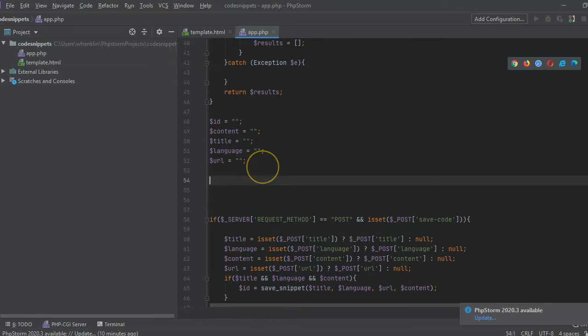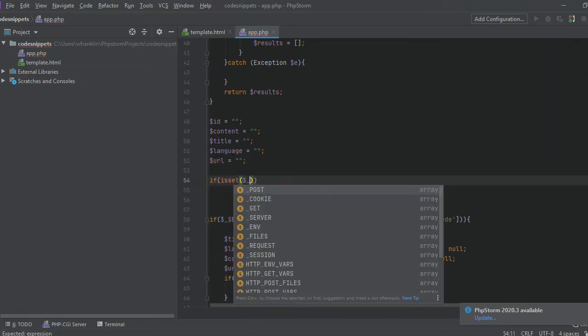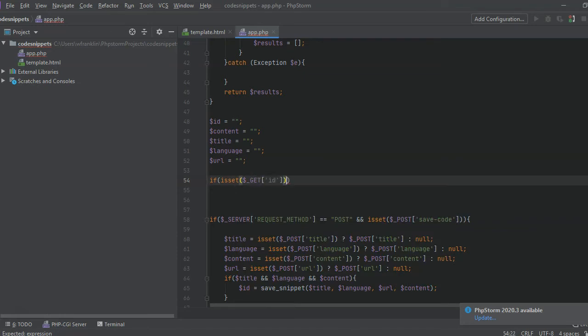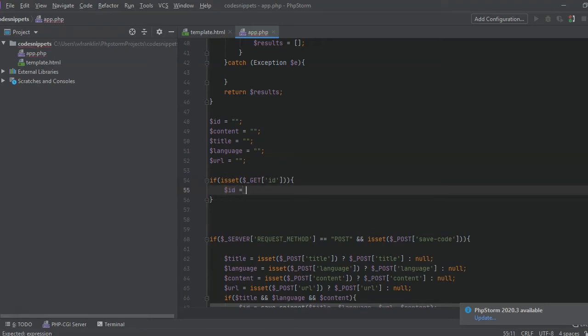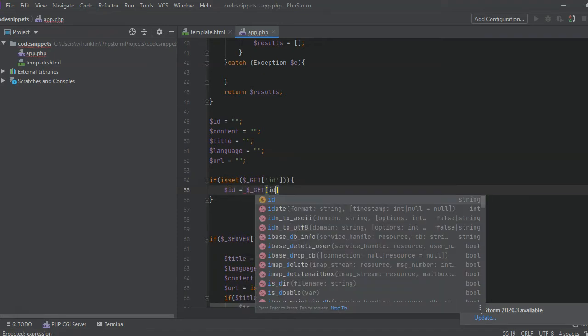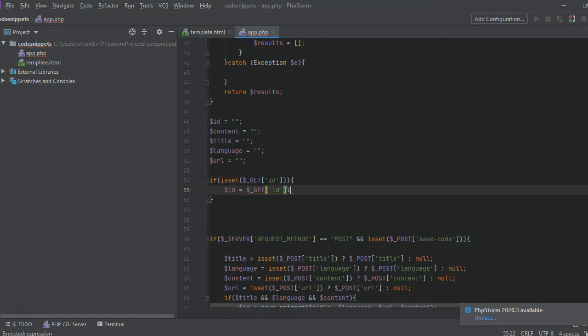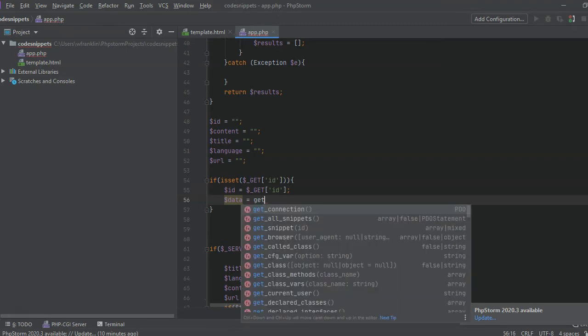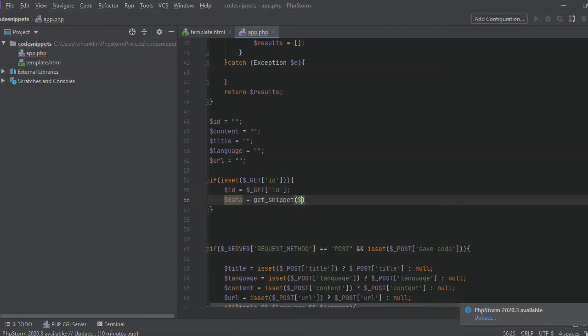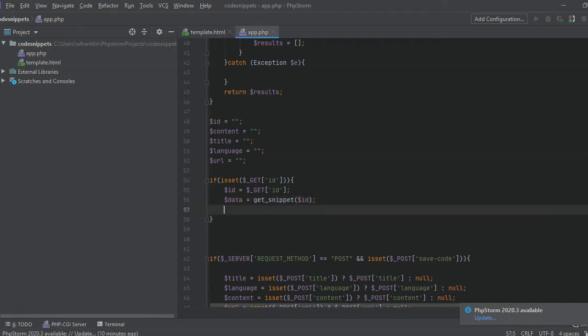And now we're going to say if I have said get ID. So if you see ID in the URL, we can assign ID to whatever that is in the get parameter, and then we're going to say data, and we're going to call the get snippet function that we just created. So if we have an ID, we want to get it. If we have an ID, we actually want to query the database to find that particular snippet, and if the data exists, if it's not empty,